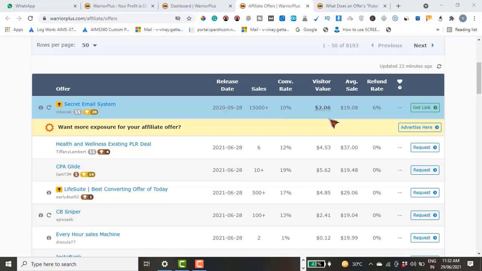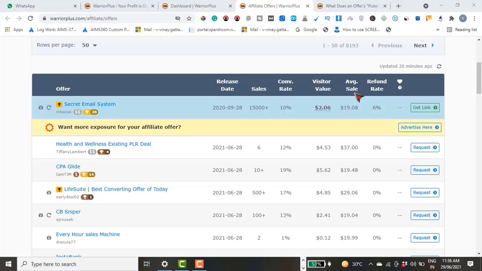So if someone sends a click to this offer, he is going to get $4.53. In the same way, if you send one click to CPA Glide, you are going to get $5.62. Now the visitor value, or the EPC as I like to call it, which is earnings per click, is directly dependent on the conversion rate and how well the funnel is set up.